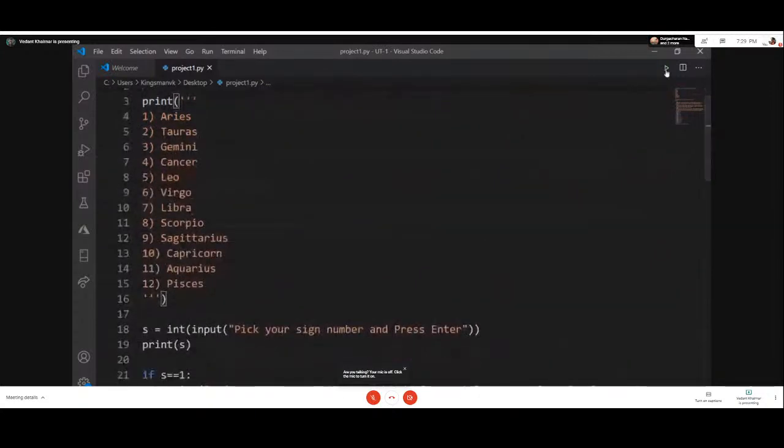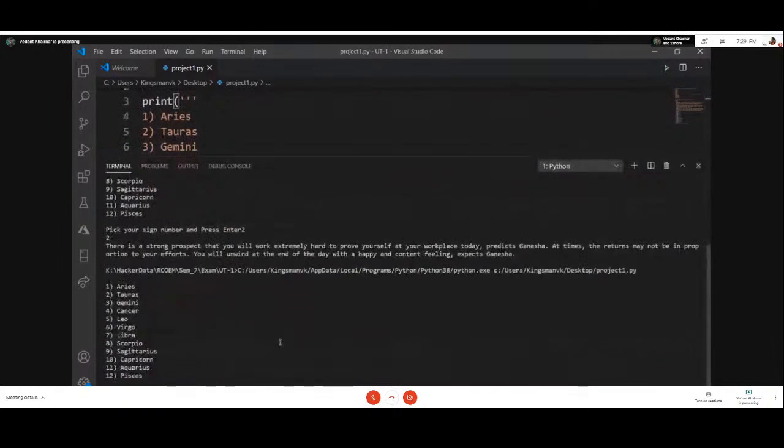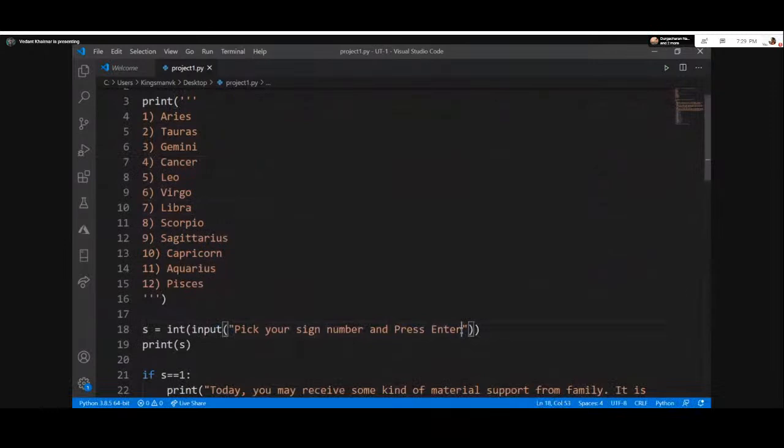Now, what we observed is that I'm just entering the number and this number is here, right? I don't want it here. I want it something like question and answer. So there's one interesting thing that we have got in almost all of the languages, that is \n. So what \n does is,